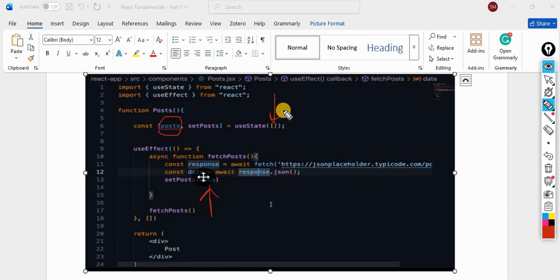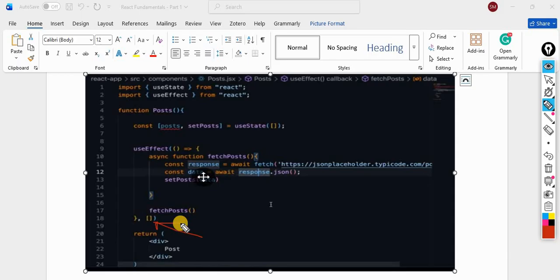And what is happening in here now? The function fetchPosts. We don't have any dependency here. Dependency is empty here. There are two parts: one is the function, the other is the dependency.